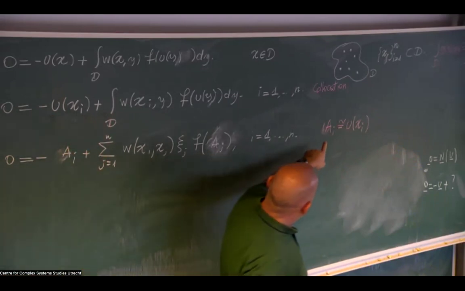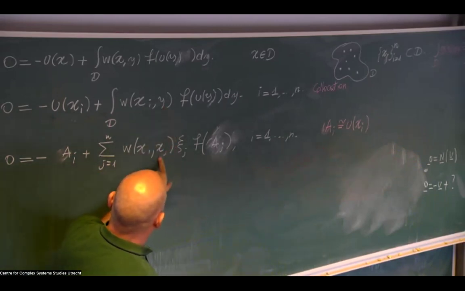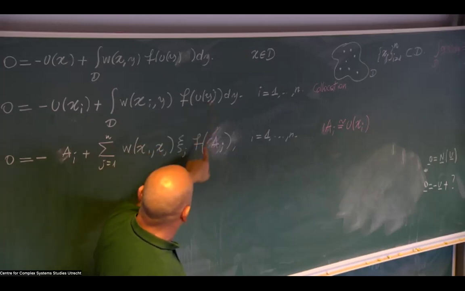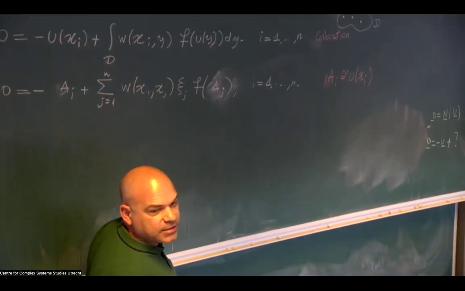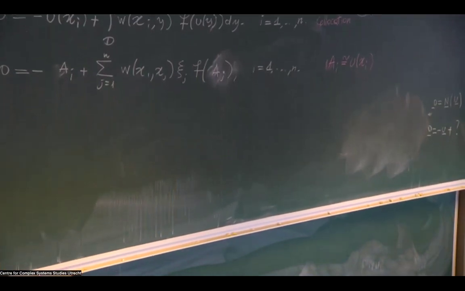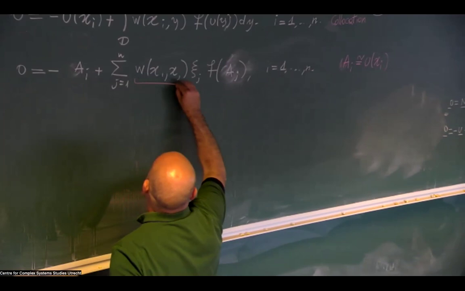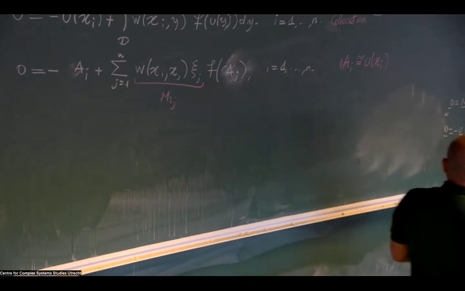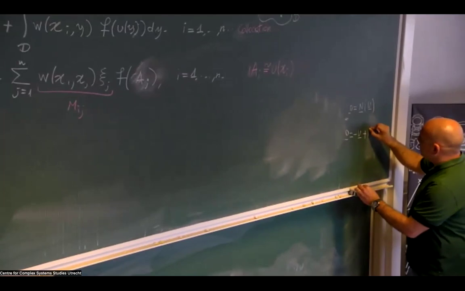The premise is that AI will be an approximation for u of xi. In here, I'm evaluating at xj, and in here I had f of u at xj, but f of u at xj is f of aj. Are you okay with this manipulation? Otherwise, there will be issues afterwards. And I finally call this the matrix with elements mij,